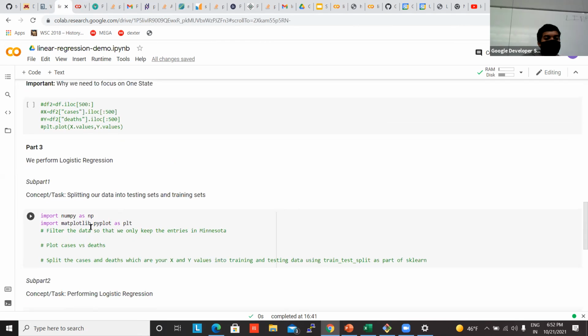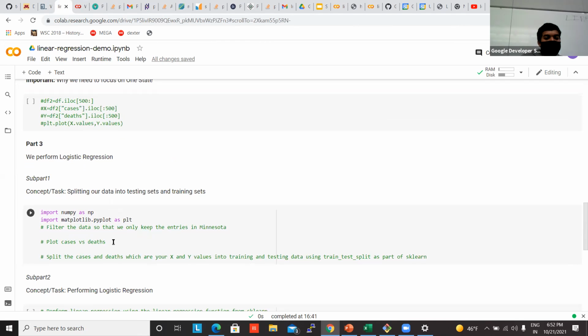So subpart 1. Right here we were in subpart 1. The goal of subpart 1 is to first filter the data that we care about, so just only the entries in Minnesota. Then we want to plot a cases versus deaths graph to understand what the plot looks like and what kind of information it's giving us right now. And then we get to the most important part, which is splitting the cases and deaths into training and testing